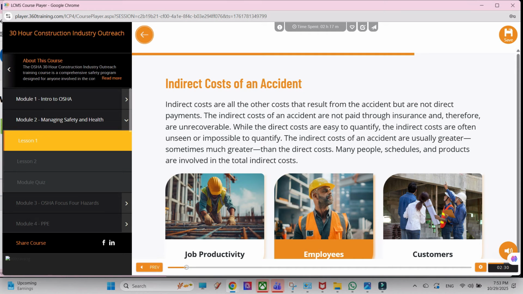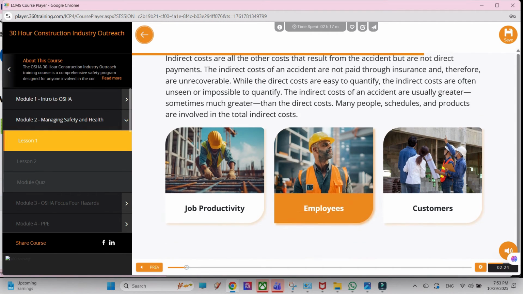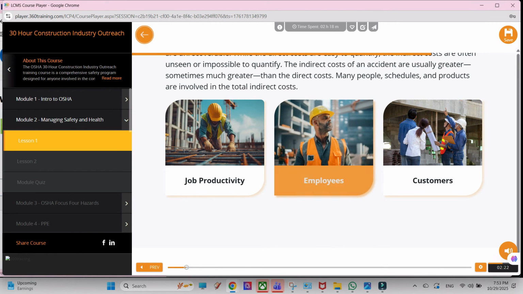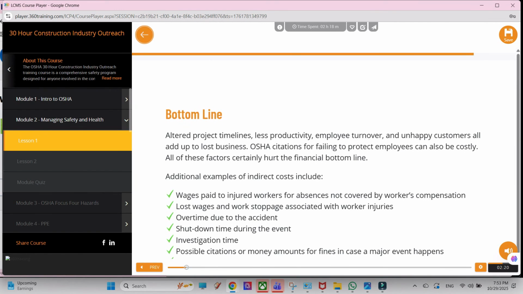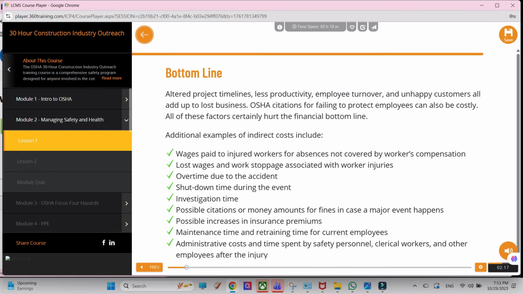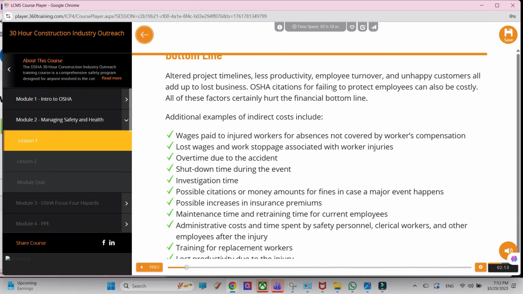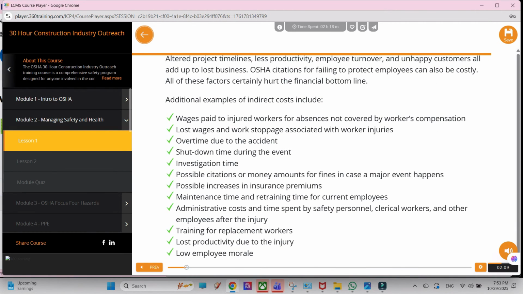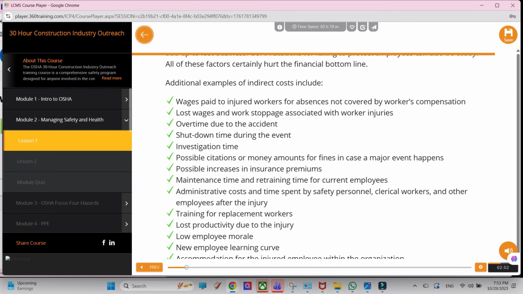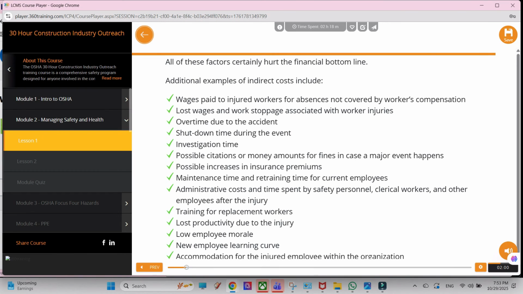Many people, schedules, and products are involved in the total indirect costs. Job productivity. Employees. Customers. Bottom line. Altered project timelines, less productivity, employee turnover, and unhappy customers all add up to lost business. OSHA citations for failing to protect employees can also be costly. All of these factors certainly hurt the financial bottom line. Additional examples of indirect costs include